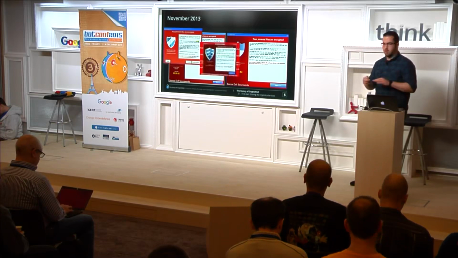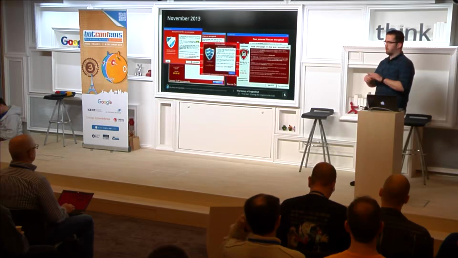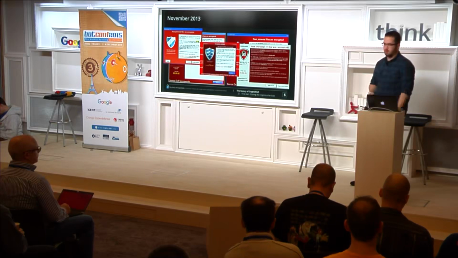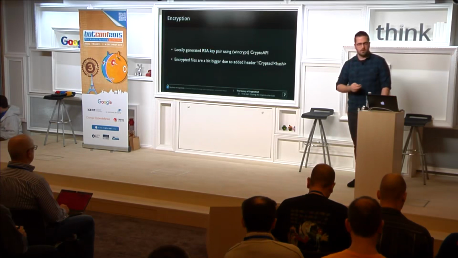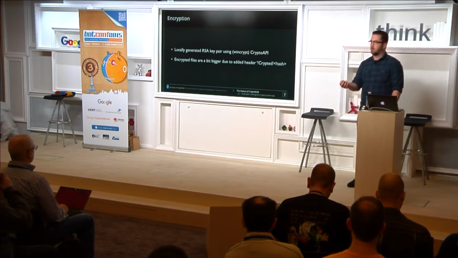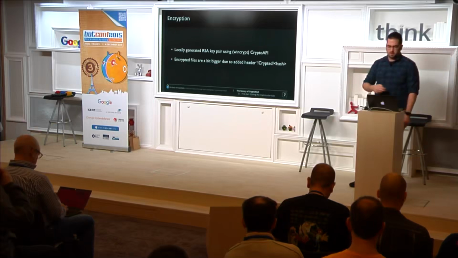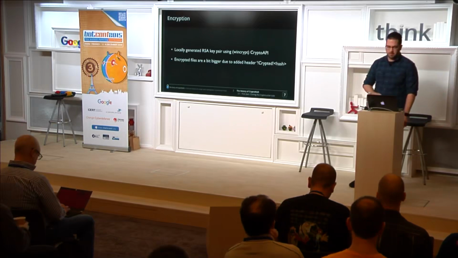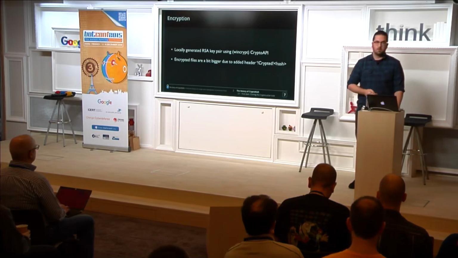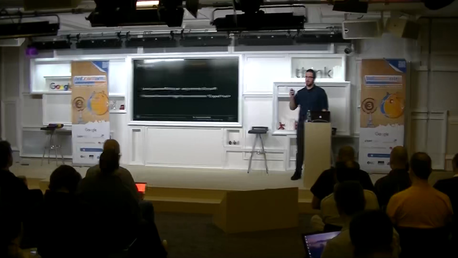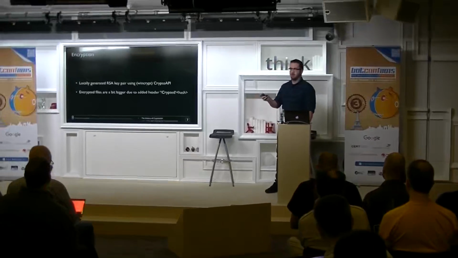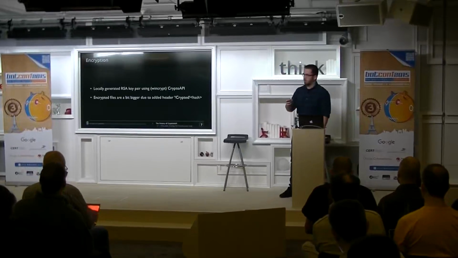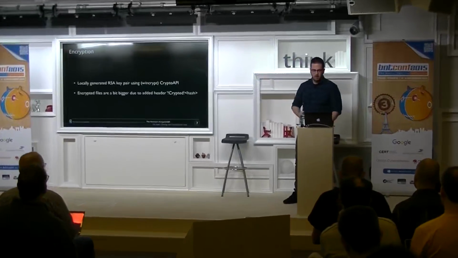But they weren't the only ones. Everybody was doing this kind of stuff. You had tons of these clones floating around. But yeah, so encryption at the time, they locally generated an RSA key pair with WinCrypt, the Windows crypto API. Files they would encrypt were slightly larger because they added a small tag so they could find back the files. Added a checksum hash from the file when it was decrypted, so you could confirm if it was correctly decrypted. And that was basically it.